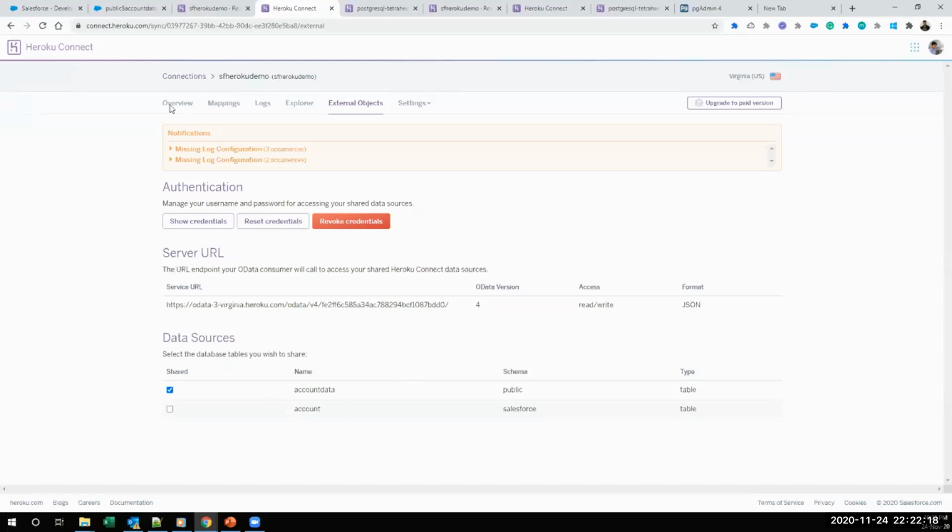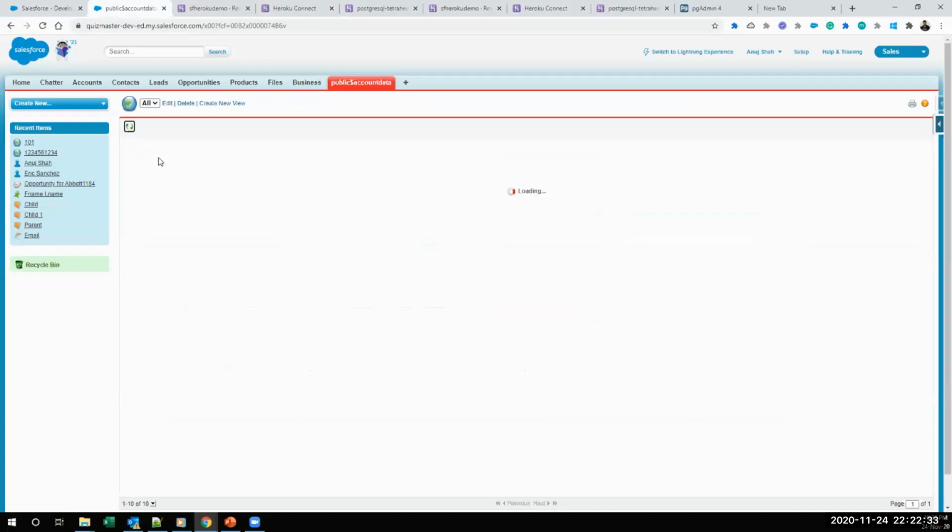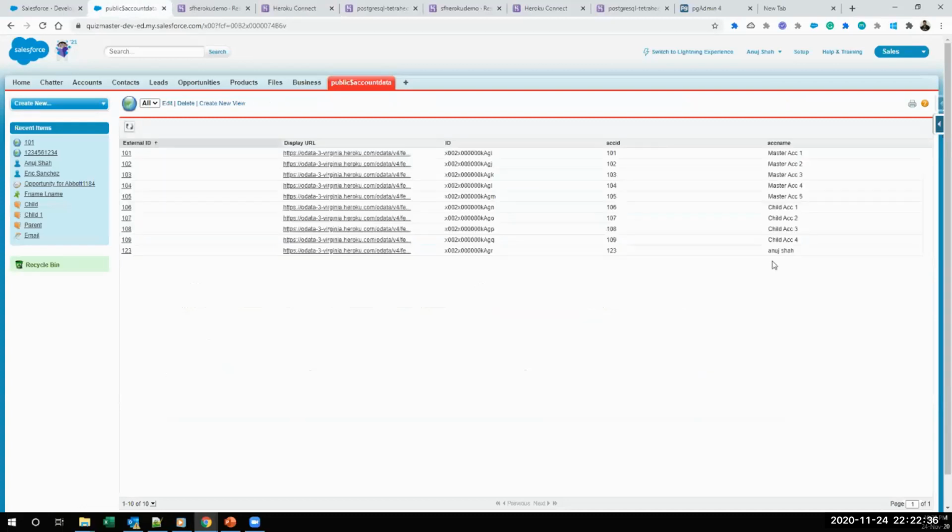For that, what I did is I have created one external object and you can see all the data is available here. We simply refresh it, and all the data will be refreshed directly here. As I told, it's near real time, right? So let me update some data here.